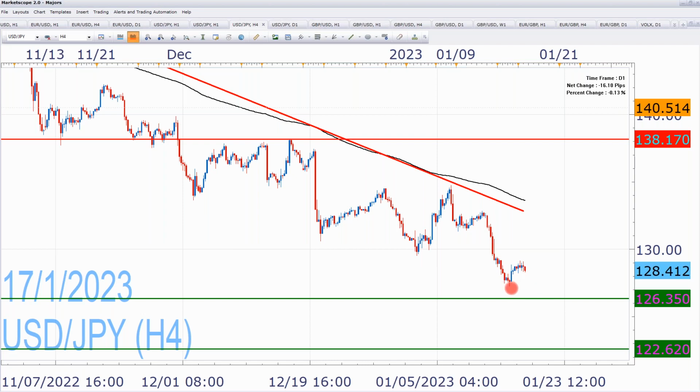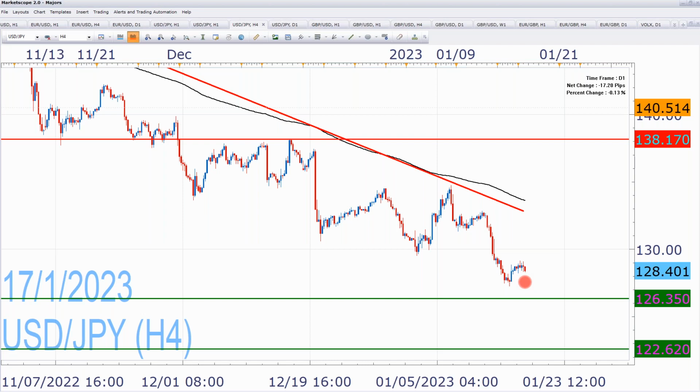So that was the low yesterday, which we highlight here. Now it is exposed to the next level of support at 126.35, but we believe that a development from the BOJ or some other catalyst would be required for further weakness towards and beyond 122.62. Now, yesterday the pair managed to find support, although this changes today, and we can see